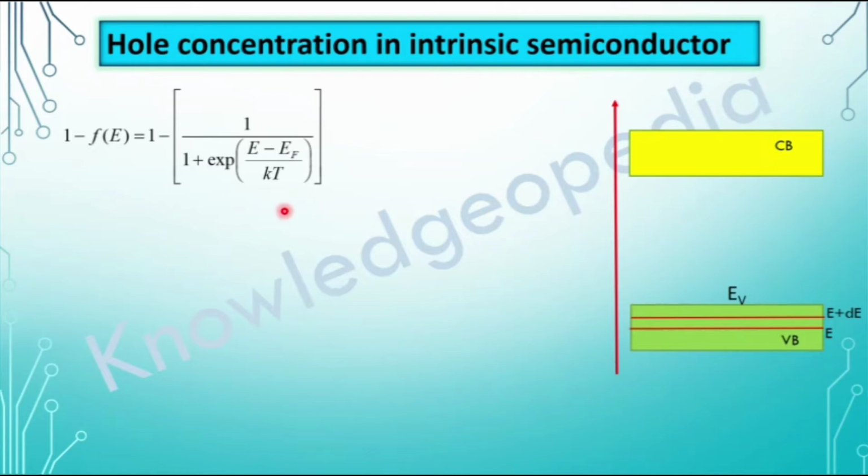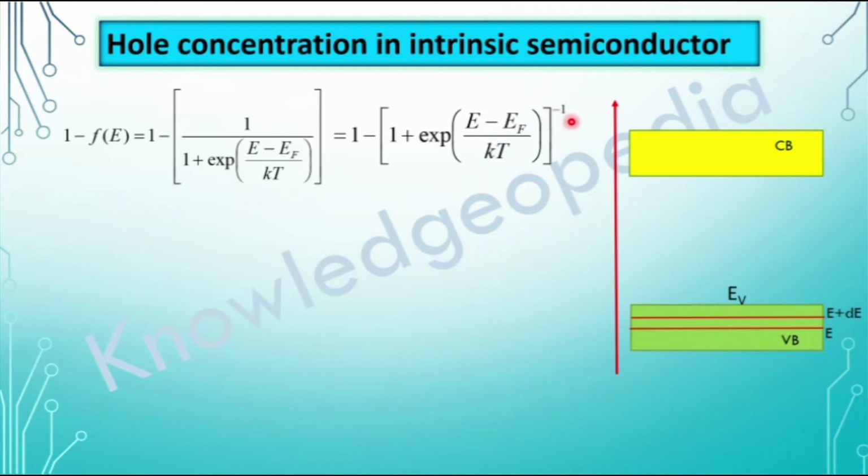This is the probability of finding a hole. Now we'll do some simplification to this function. 1 minus f of E is equal to 1 minus 1 by 1 plus exponential (E minus EF) by kT. If I take this term to the numerator, this can be written as 1 minus [1 plus exponential (E minus EF) by kT] whole to the power minus 1,